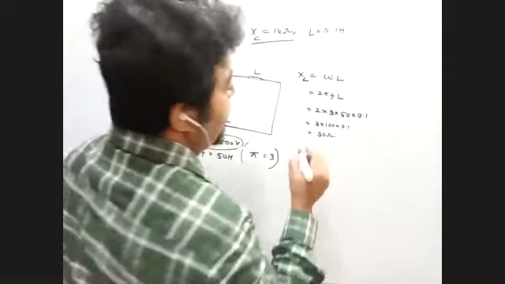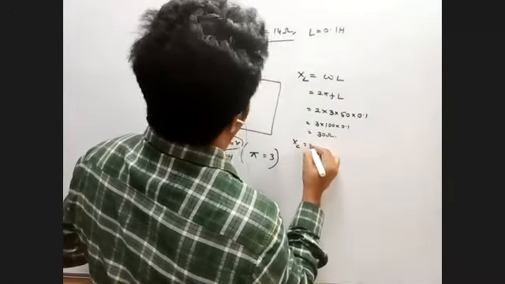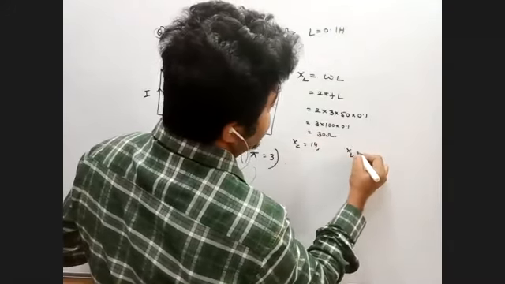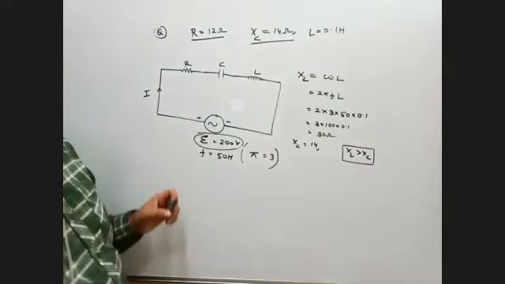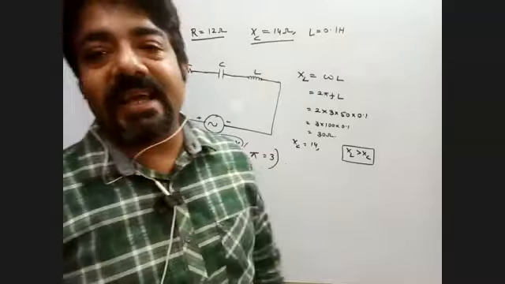So first of all, you have XL and you have XC as 14, and clearly XL is greater than XC. Now tell me one thing, if XL is greater than XC, does the phase angle lead or lag?